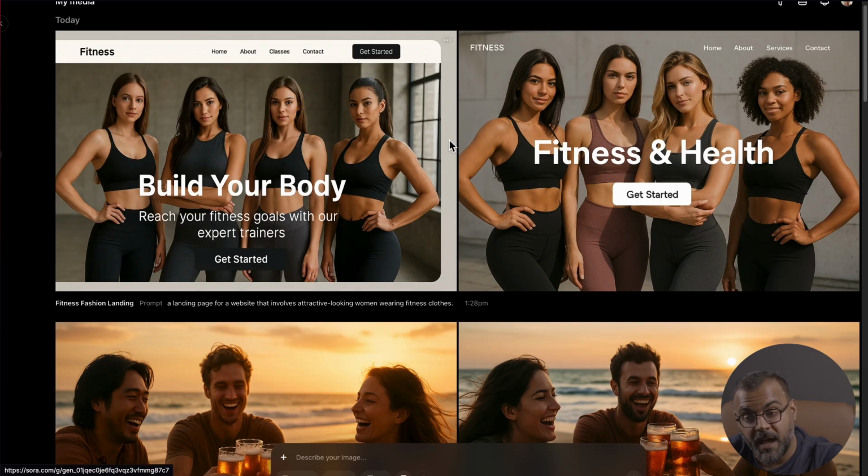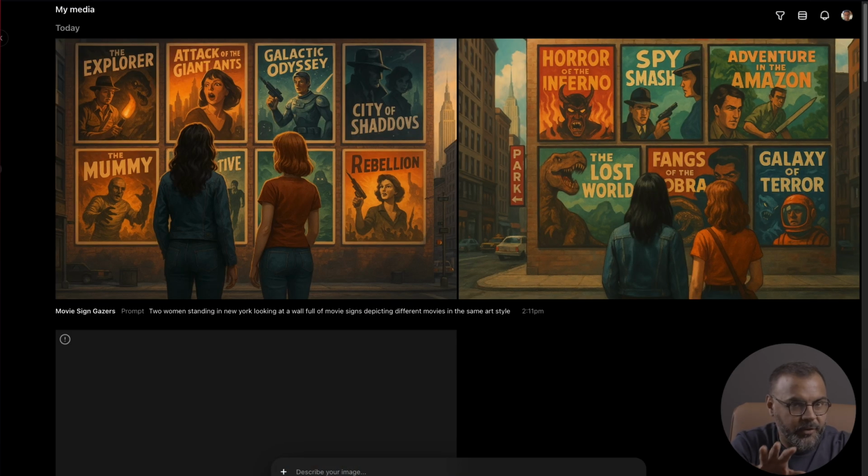And now OpenAI. This is unprompted. It figured out that we needed some generic text. It put it in there. It's readable and it's perfect and it makes sense. Build your body, reach your fitness goals with our expert trainers. I'm genuinely thoroughly impressed. Now, before we finish up looking at the prompts, I have a couple more that I